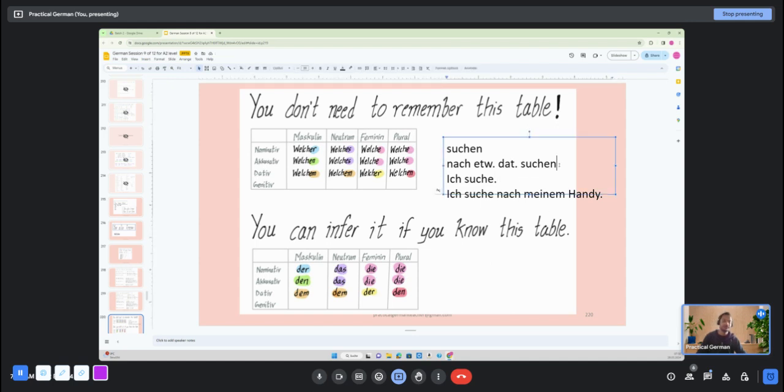Let's say we both are colleagues, and you sit in your room, I sit in my cabin, if we have that privilege. I'm sitting in my room, I'm in a meeting, and you come and you start looking here and there, and I know that of course you are looking for something, and I want to ask you, what are you looking for? So that I can help you. If I want to say, what are you looking for? Of course I can say, was suchst du? That is fine, right? This is fine. Was suchst du?